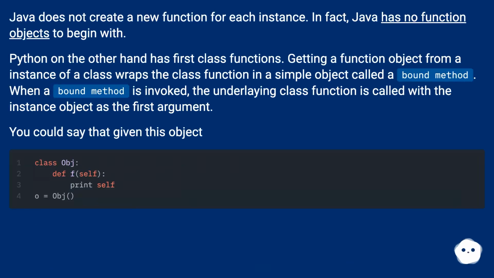Java does not create a new function for each instance. In fact, Java has no function objects to begin with. Python, on the other hand, has first-class functions. Getting a function object from an instance of a class wraps the class function in a simple object called a bound method. When a bound method is invoked, the underlying class function is called with the instance object as the first argument. You could say that given this object,